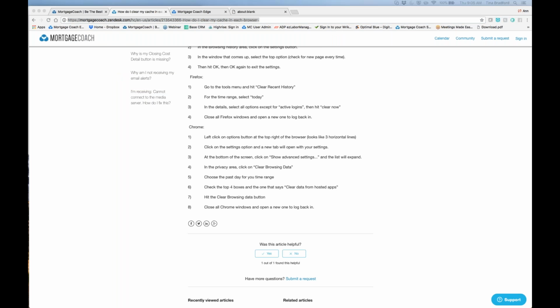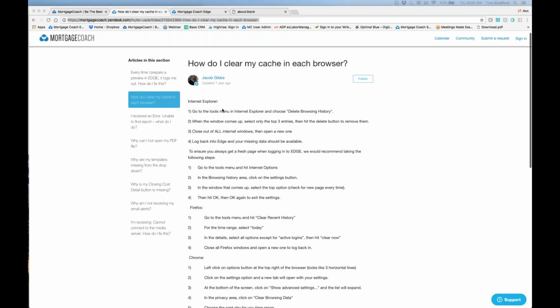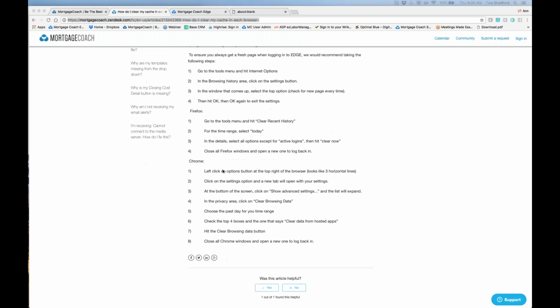You want to make sure you clear out that data history, because by clearing it out, you're going to make sure that you have the new fields showing up in Mortgage Coach. It has each of them broken down: Internet Explorer, Firefox, and Chrome. Follow these little instructions, and then you'll be able to clear it out.